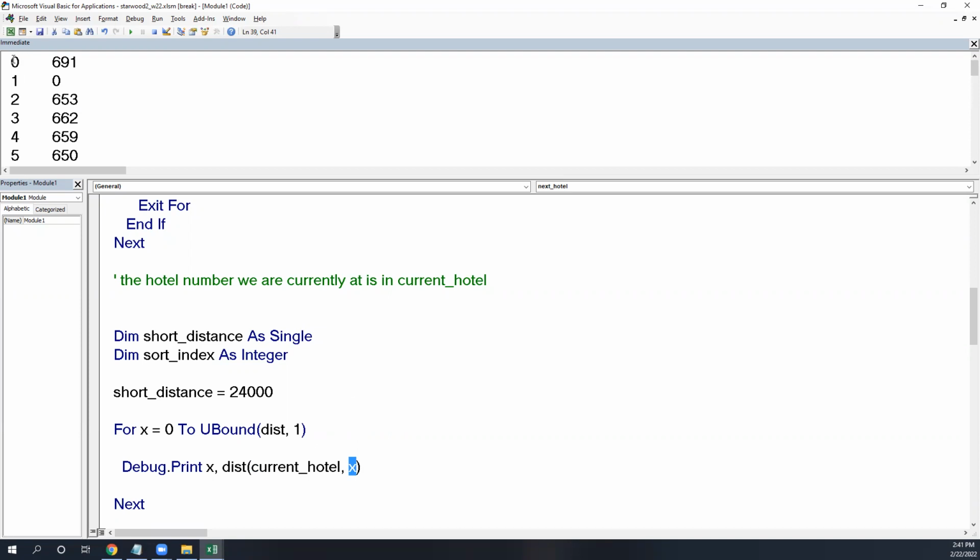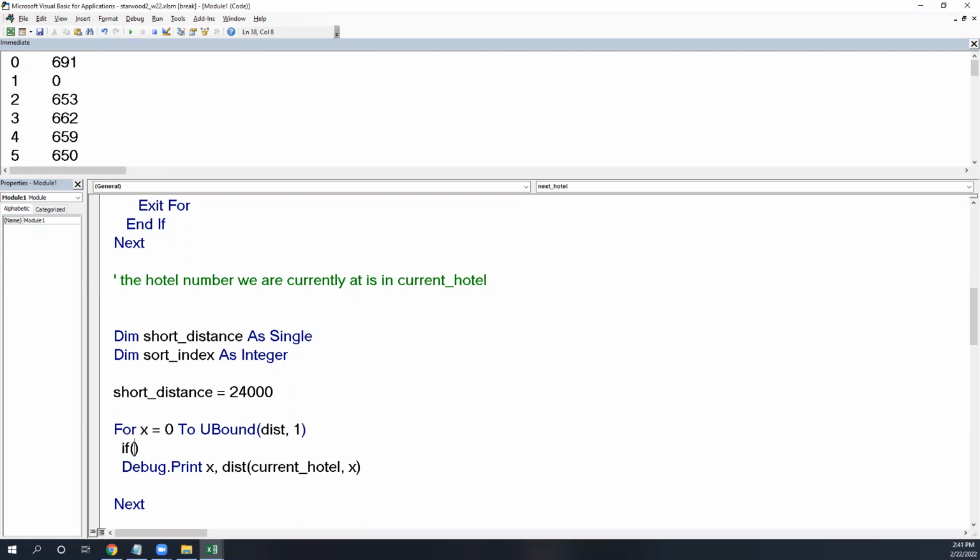Here's the set of X's in this column that's been printed off. Which of all of these do I not care about at this point in the problem? Yeah, this is the one I've already been to. The reason I don't care about it is because I've been to it, so I don't want to look at ones that I've been to before. So I'm going to say if,